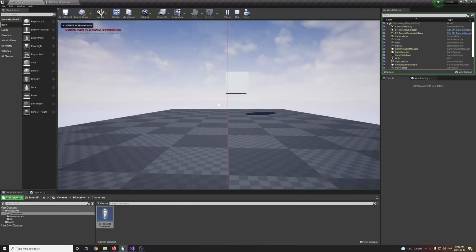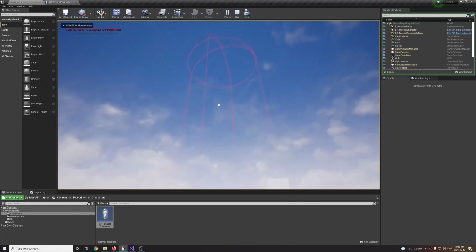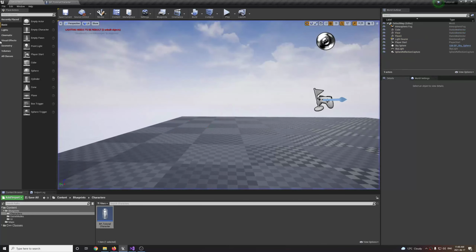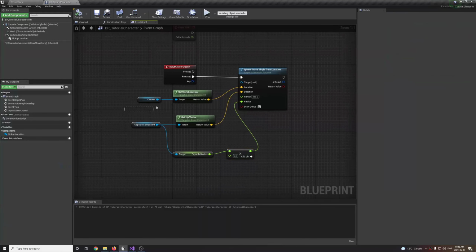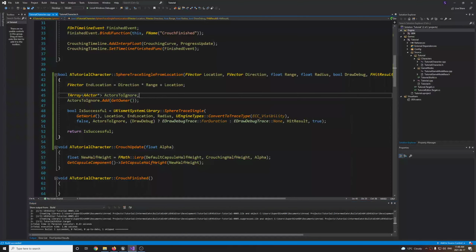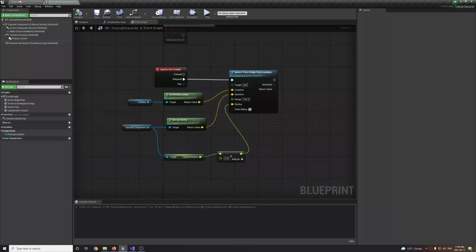So when I press unshift, you can see it draws this capsule component. So we want to actually change the start location. It's actually going to be the up vector times a certain height. So basically in here, we had the end location is equal to this. That's also where we actually want the start location. So if we recompile this,